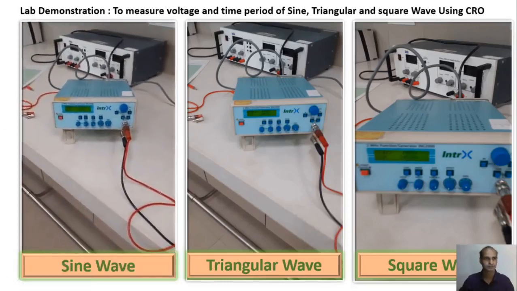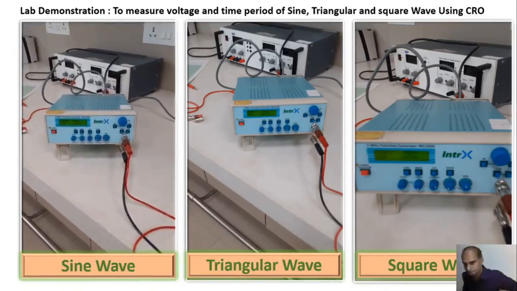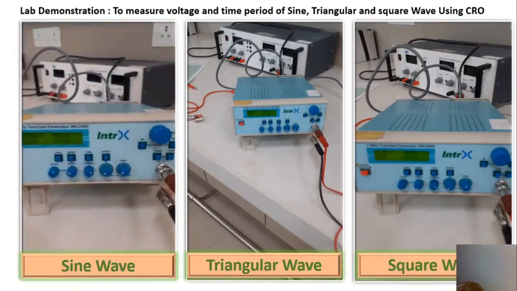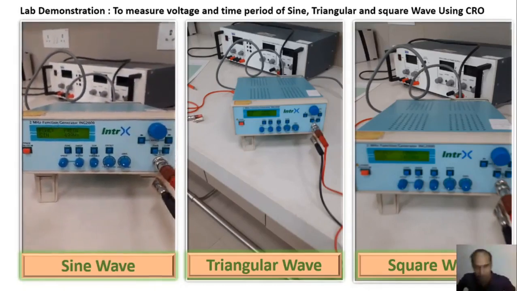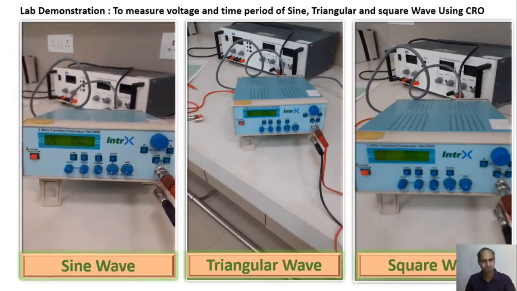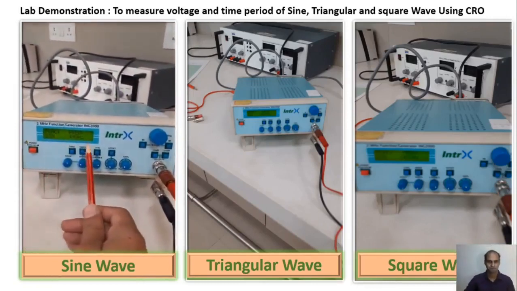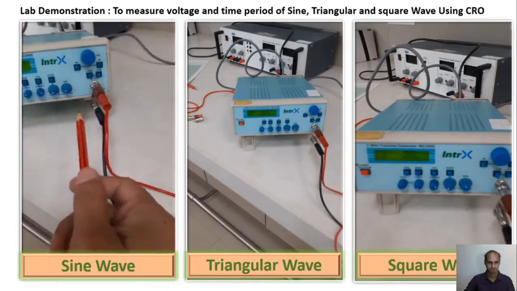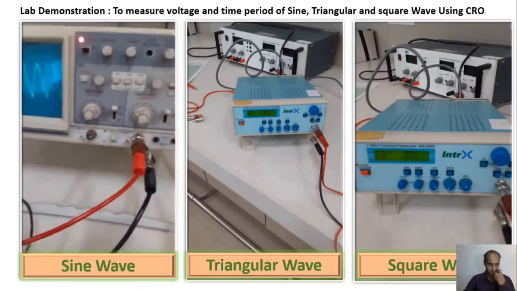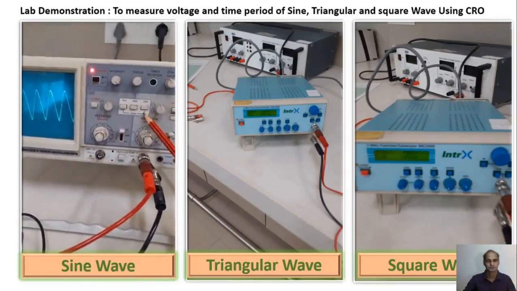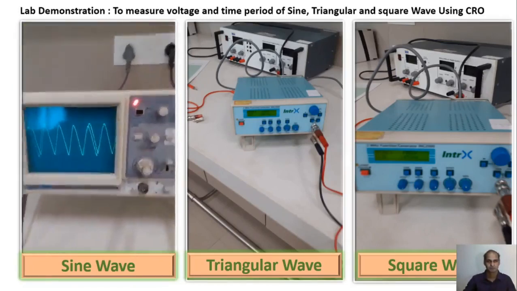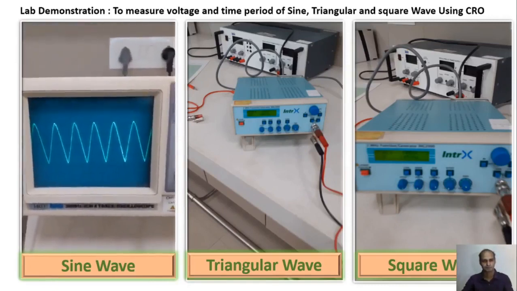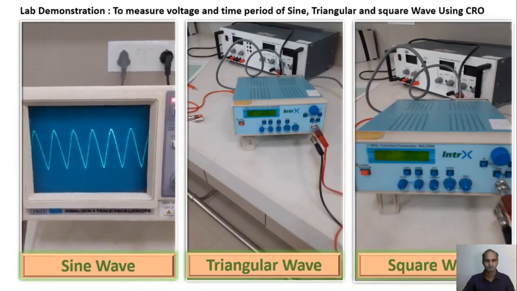Now we'll see how to measure frequency and voltage from CRO. For that purpose, I initially set my function generator to a sine function, and the frequency is 500 Hertz. The same I have connected through a BNC connector and wire to channel 2, where I have pressed this channel 2 button. So to calculate from this screen, you can observe carefully. For my signal, I will first calculate voltage and then calculate frequency.